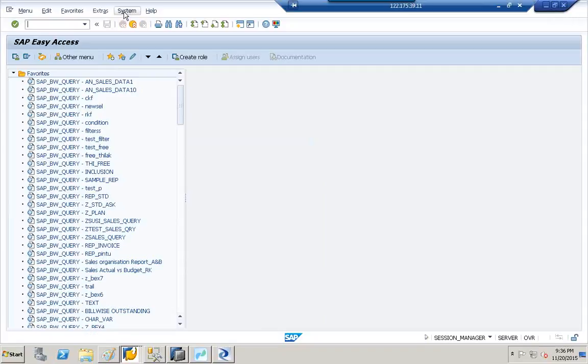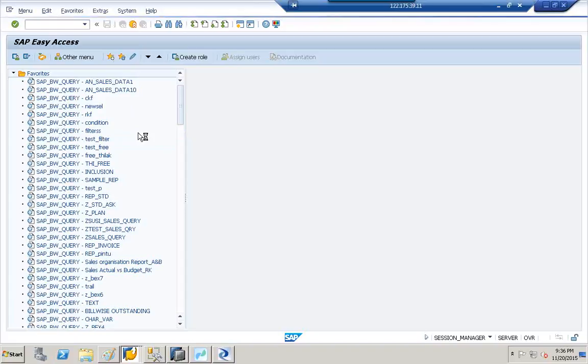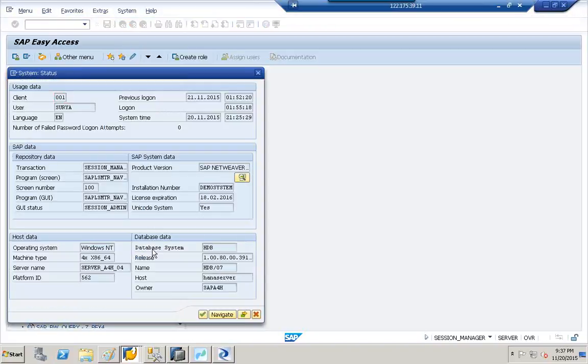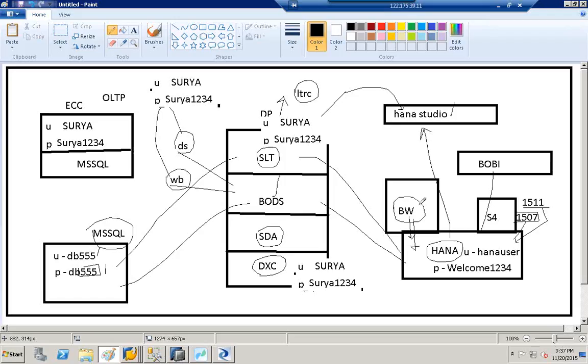Click systems. Click status. So in here, if you see, BW is on the database which is HDB. HDB means HANA database. So the username and password for BW powered by HANA is the same as